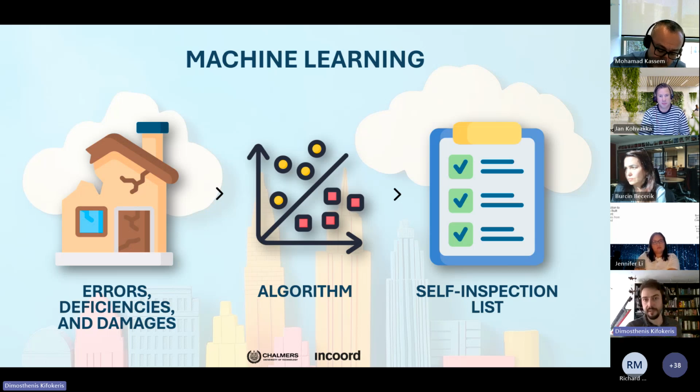And of course, this system could be refined into recommendations in a way that, okay, if we have a specific type of project, then this is the self-inspection list you might want to use. And if you have another type of project, another type of building or construction project, this is the list that you might want to use, right? So this was a good idea, right? And it was also in 2019, 2020, right square into the machine learning craze.